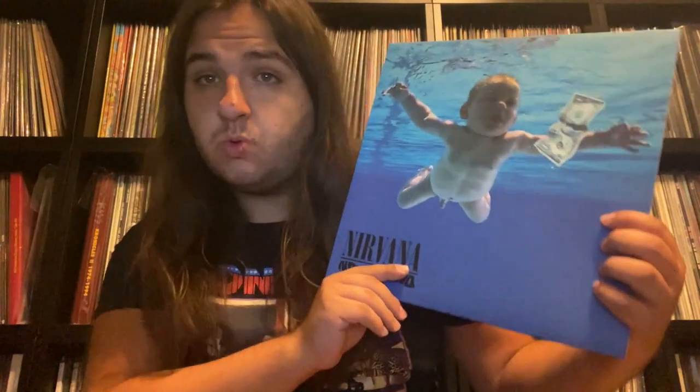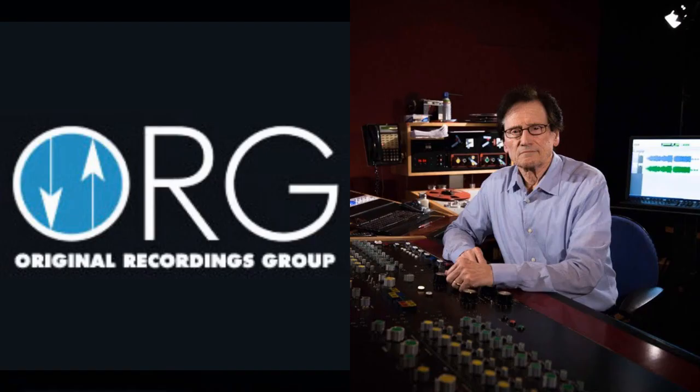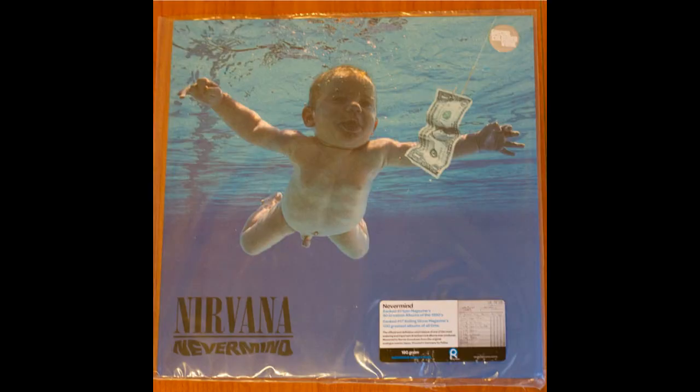Next up is Nirvana's Nevermind. Now, this pressing has the catalog number DGC-24425, and when you look in the dead wax, you will see these etchings: ORG-032 and BG. This indicates that this is the Original Recordings Group pressing mastered from the original analog tapes by Bernie Grundman. This pressing was done back in 2009, and there is also the etching